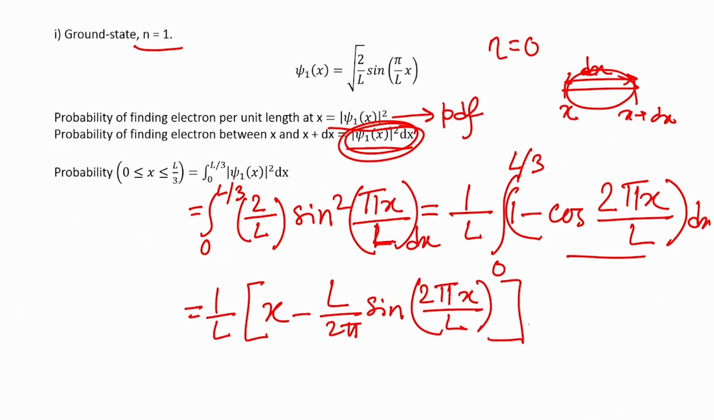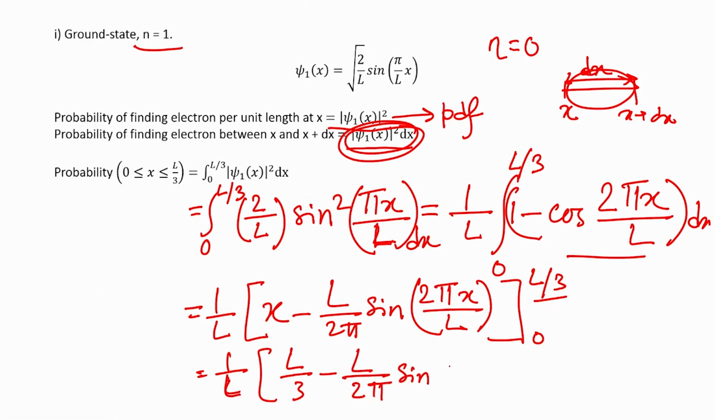So, your limit, you have to put the limit from 0 to L by 3. Now just look into this expression, if you put 0, both these two terms will be 0. So you have to put L by 3. Only the upper limit, L by 3, will give you some value, L by 3 minus L by 2 pi